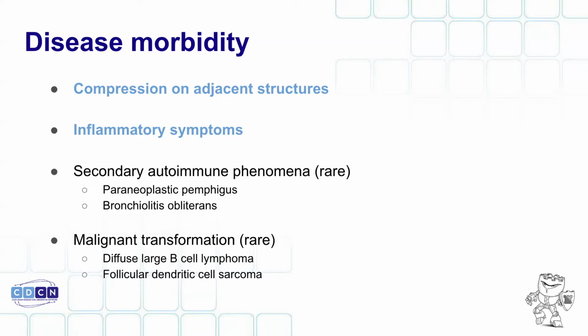So it's usually this lymph node was growing asymptomatically for someone for a while, and then they first notice their first manifestation of the disease. The first way that they know that they're sick is because they were developing this paraneoplastic pemphigus and bronchiolitis obliterans. And this happens to, I would say, overall, a low single-digit percentage of patients with unicentric Castleman disease.